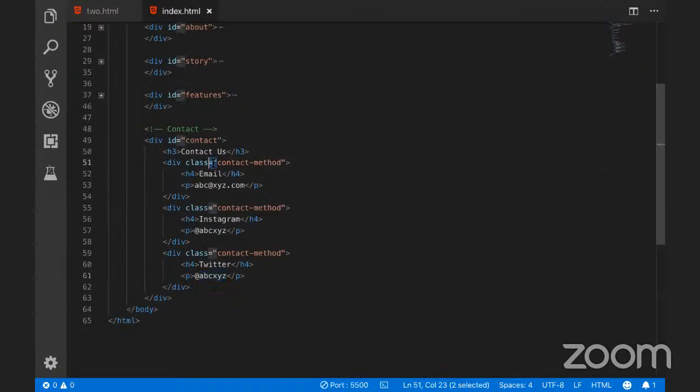ठीक है? So what I have done is I have specified the class or contact method, and this will help me in future when I'm trying to target a certain section which is similar in behavior or similar in content. Okay,